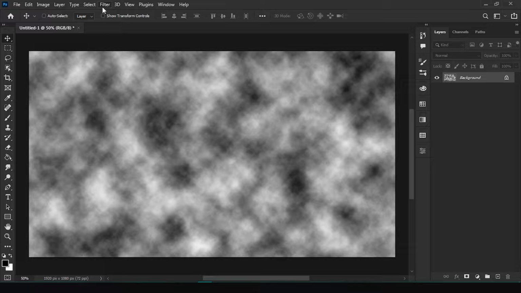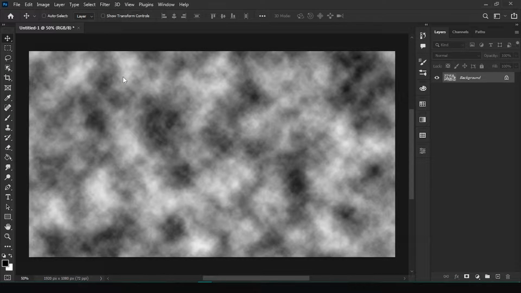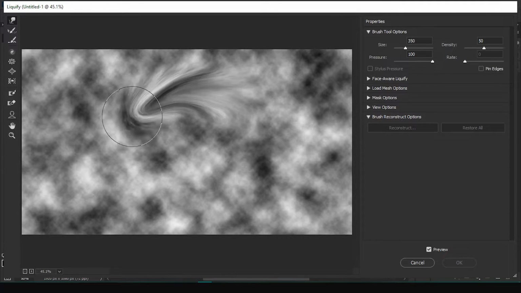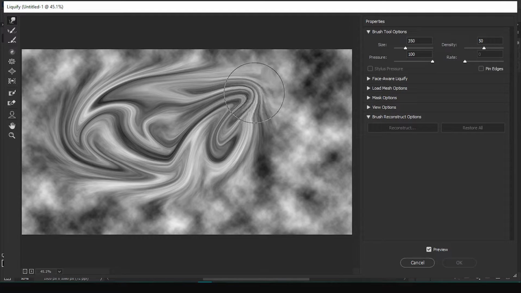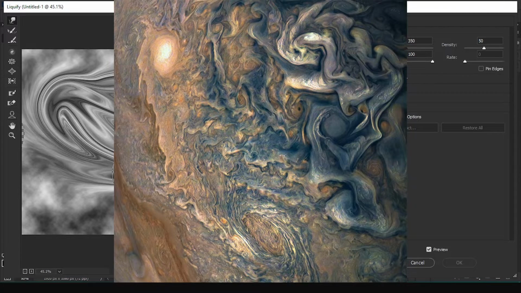So for the first method, I will just go to filter, liquify, set the size to 350, pressure at 100, density at 50, and rate at 0. And I will just play around like this. So I will be mimicking what you can see on Jupiter's surface.